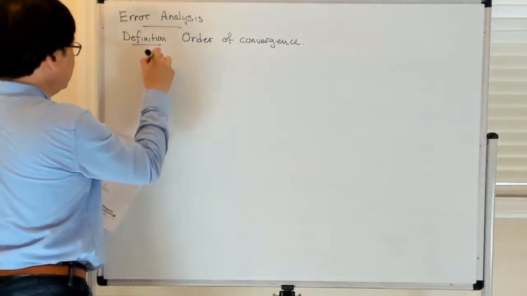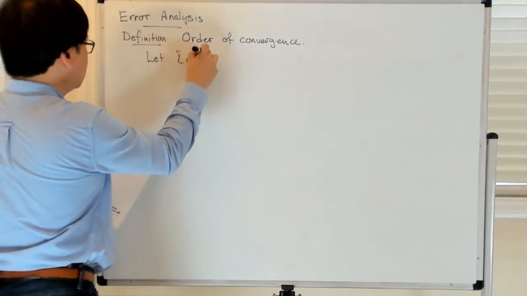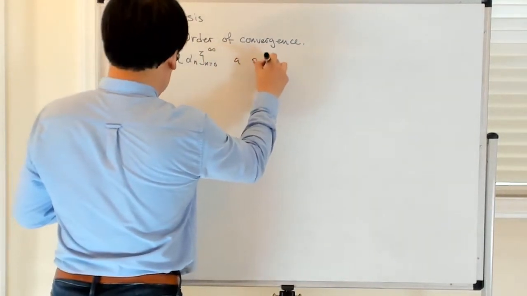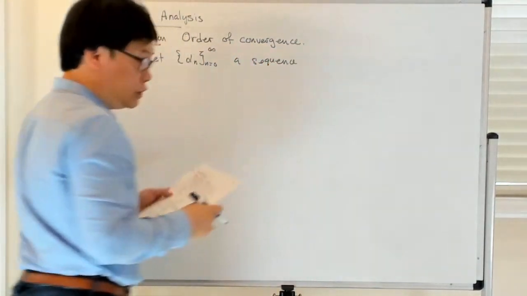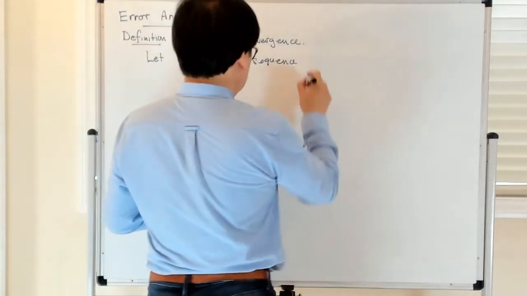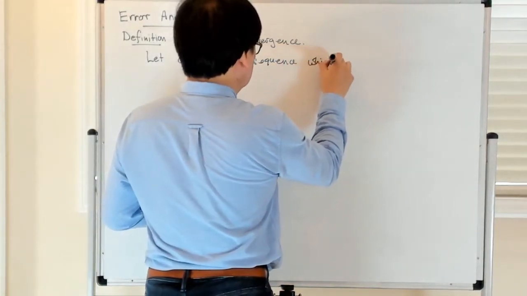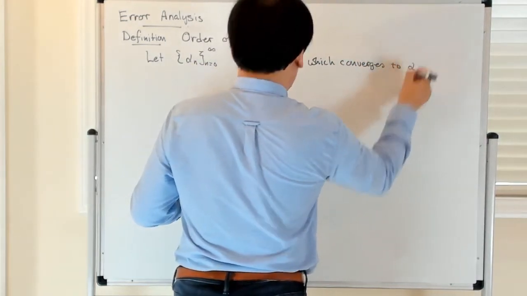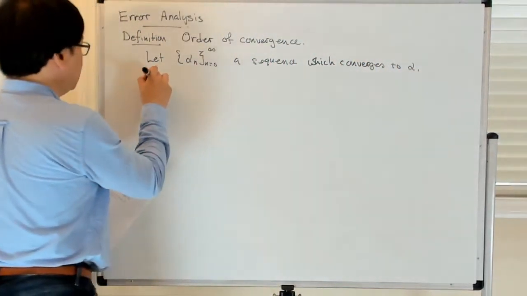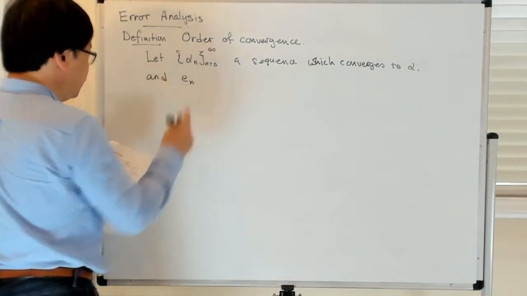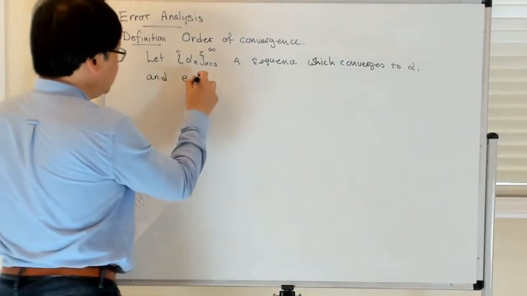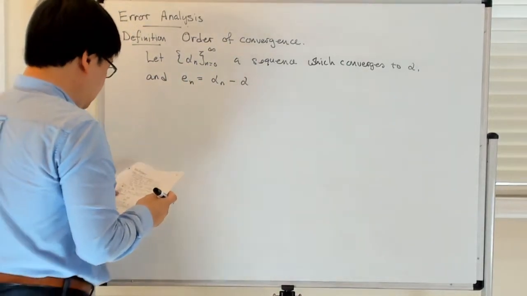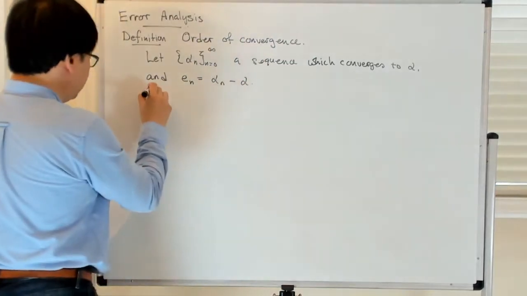Okay, so let's say you have a sequence of iterates. So this is a sequence which converges to alpha. And we define the error at the nth iterate as the difference between alpha n and this limiting value alpha. Okay? All right. So if there exists